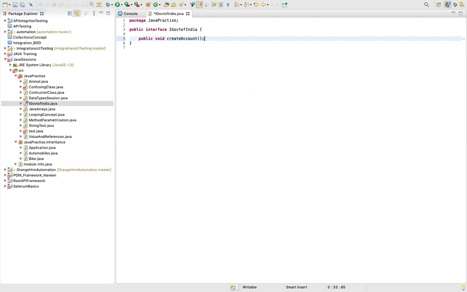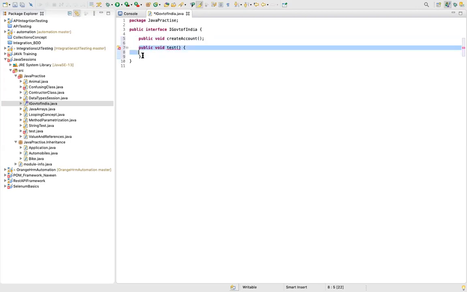When I create a method in a normal class, I have a body. When I write public method test, this is my method with a block, but in an interface this block won't be there, because all the methods in interfaces are abstract in nature. We are only defining the signature or the prototype, not the actual body.